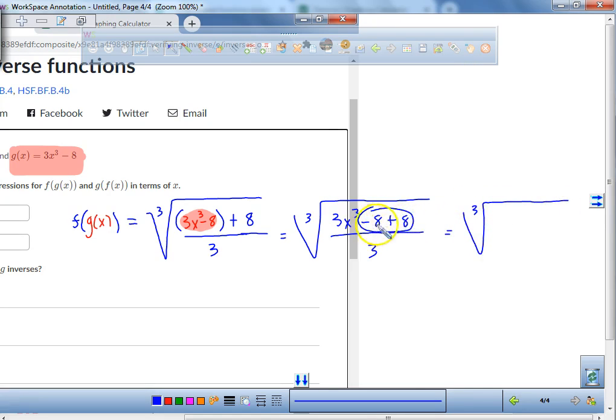These are going to cancel each other out, right, to 0. These are additive inverses. So what do I have left now? I have 3x cubed over 3. So what happens with these 3's? They cancel out. And then finally, I have the cubic root of x